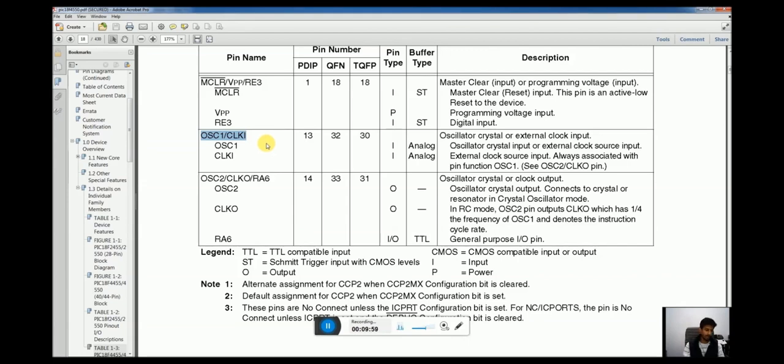So if we use an external square wave generator, we will need only 1 pin. But if we use the crystal oscillator, we will use 2 pins, and the second pin will be OSC2 pin number 14. Pin number 14 is also associated with port A6.